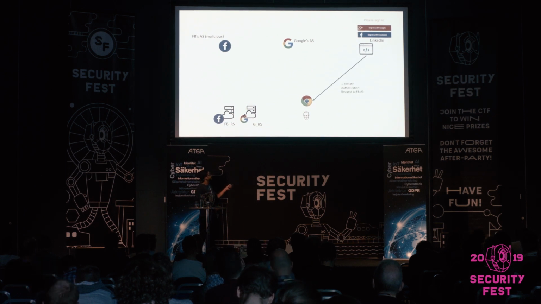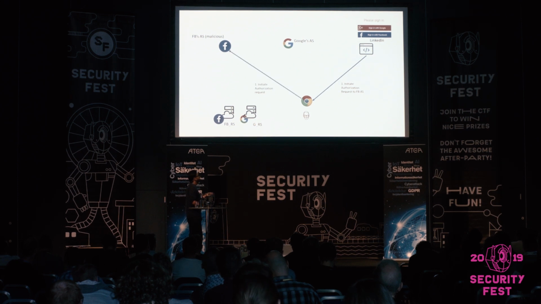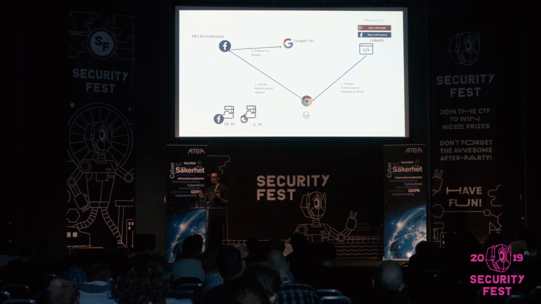So what happens is that, let's say LinkedIn shows you that you can log in through Facebook or Google. And the user chooses Facebook. So the authorization request is generated to Facebook's auth server. And Facebook, since it's malicious, will redirect you to Google's auth server. So you're shown Google's auth server page instead of Facebook. That's the only place where the user can get to know that there's something going on. But if the user doesn't pay attention, then he may authorize the request,